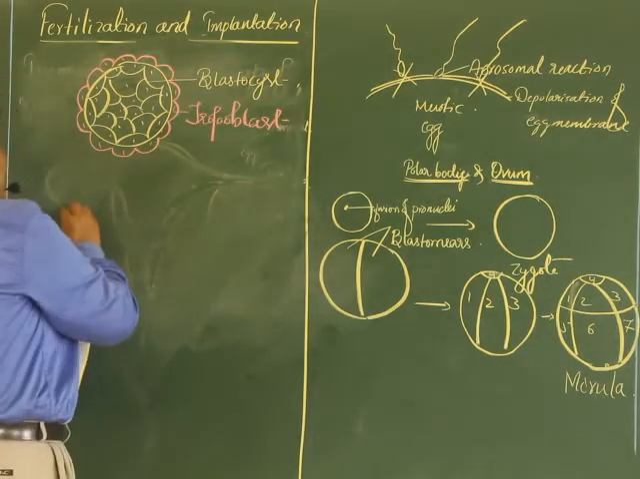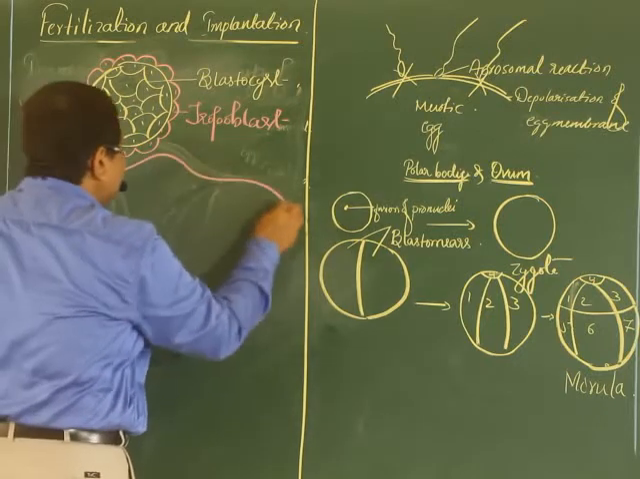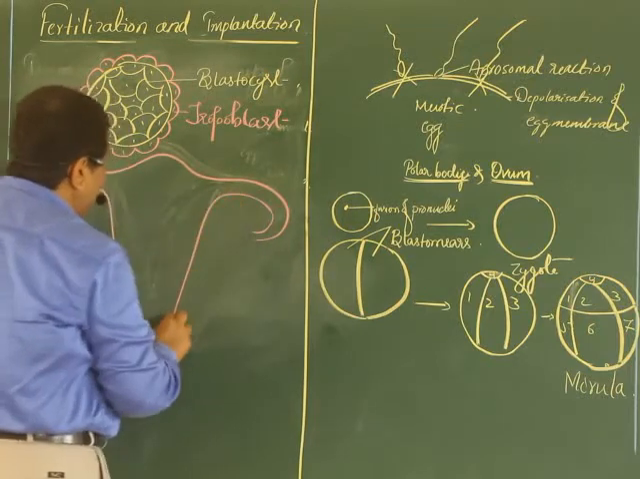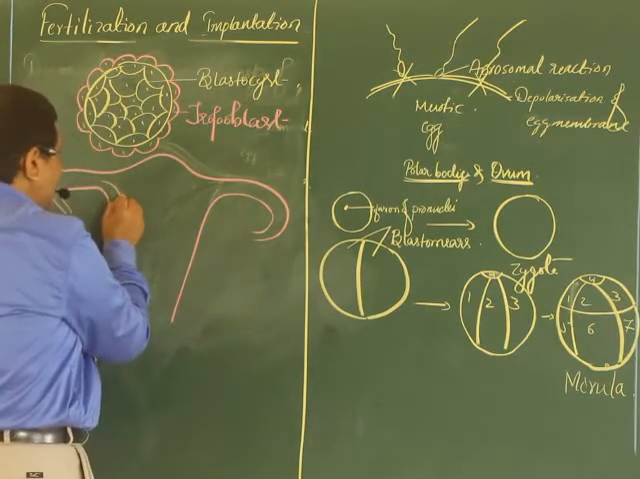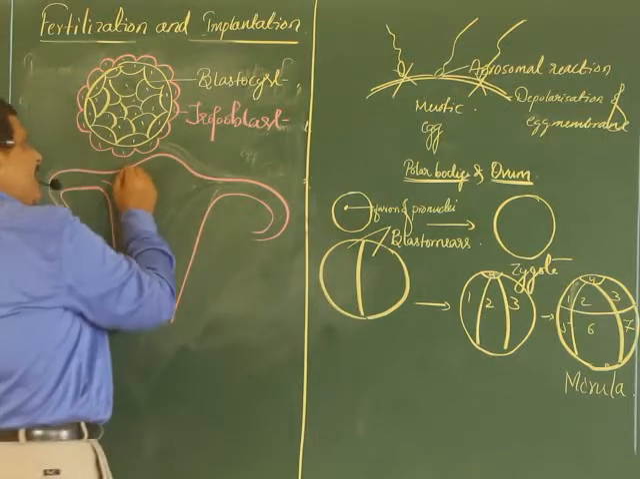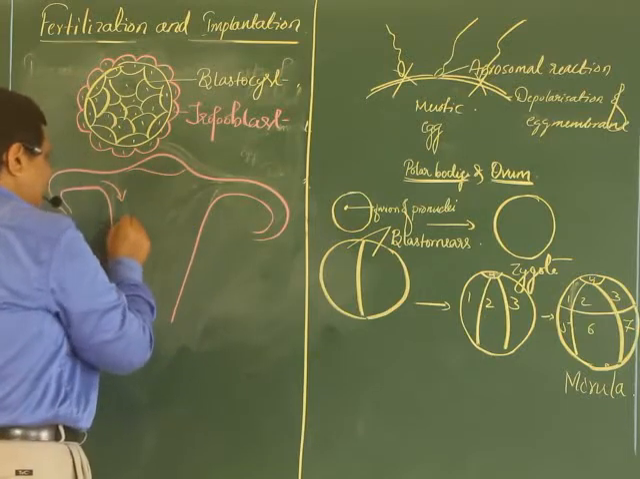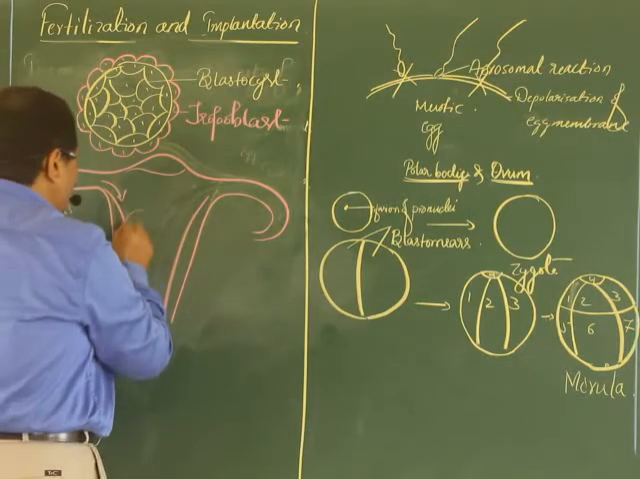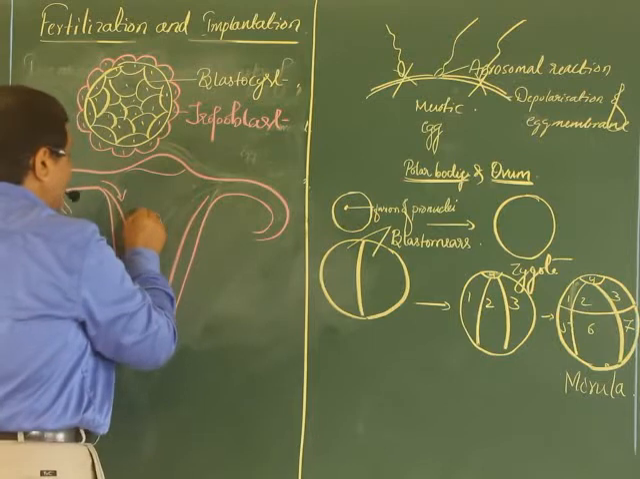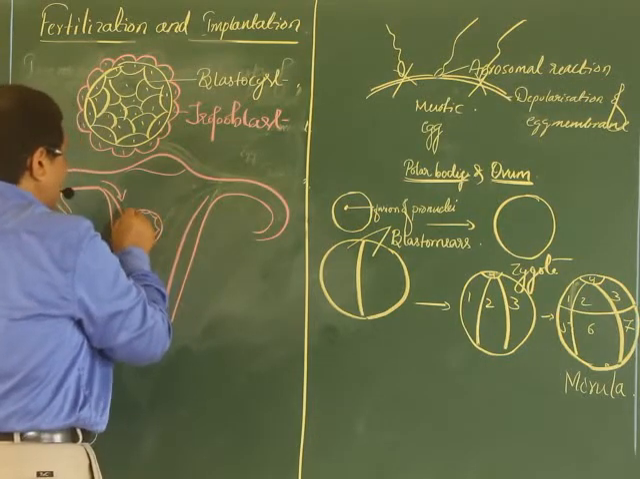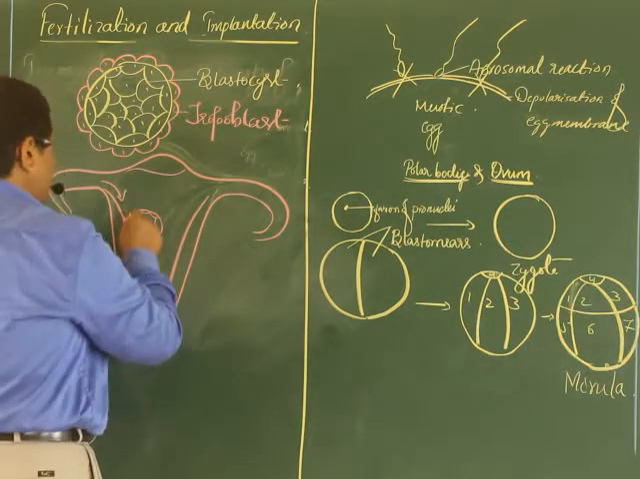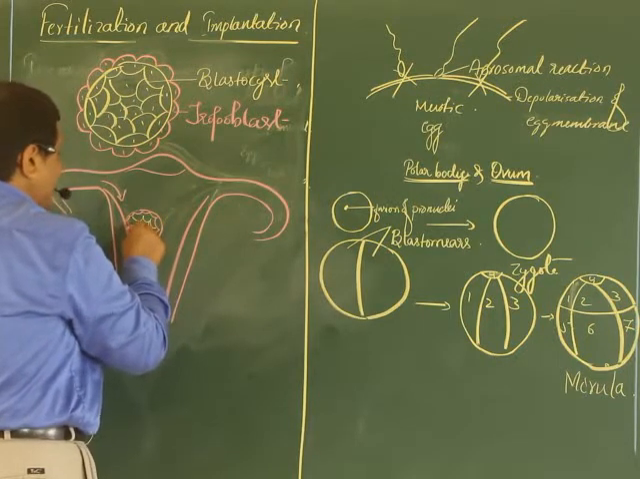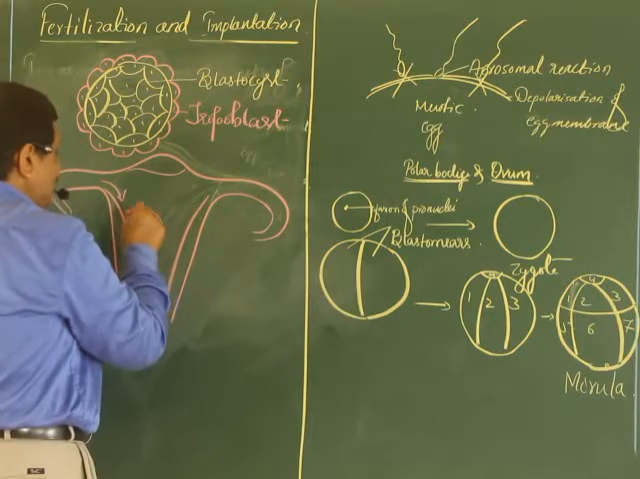Now, where do they settle? The blastocyst comes here. Either it may go down or it may attach here itself, randomly, and it will attach to the wall of the endometrium. And my dear students, listen, it's very interesting. These are trophoblast,